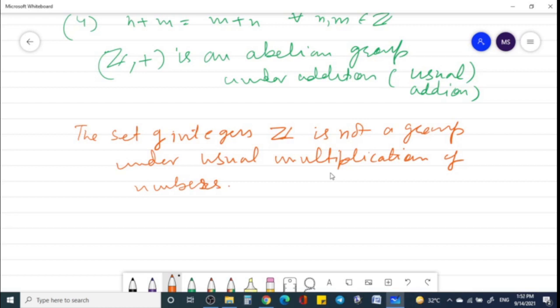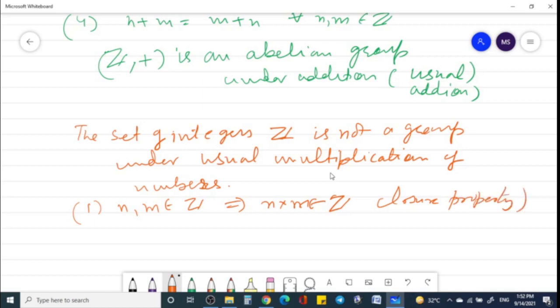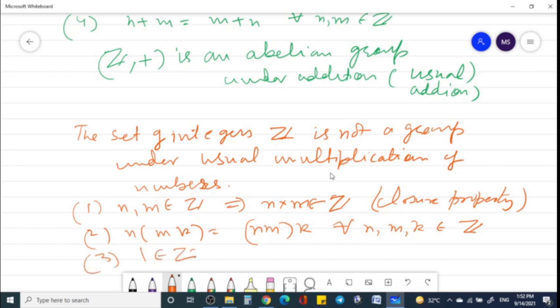That is, if you take two integers, then their product is also an integer. So there is a closure property. Associativity is also there: n into (m k) is (n m) k for all n, m, k belonging to integers, and the existence of the identity element is also there: 1 belongs to integers such that